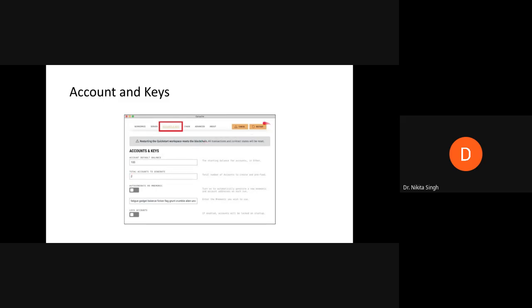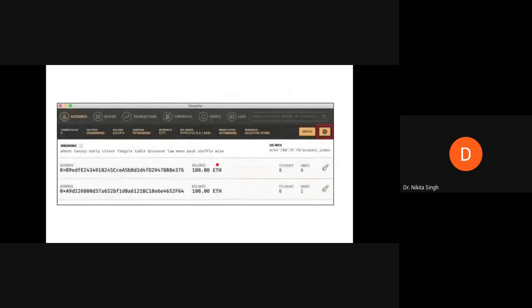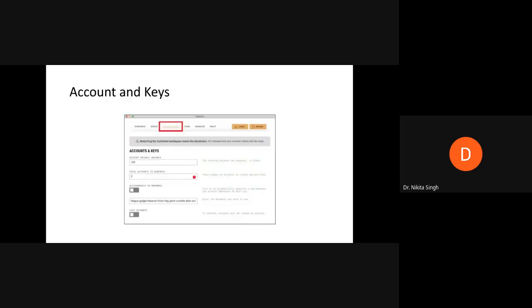Also, you have a restart button here, which means that when you set some balance and create new accounts, you can simply click on restart, and that will get reflected on your main screen. If you want accounts to be 3 or 4, that will get reflected over here, and their balance will also get reflected. So this accounts and keys section allows you to set default balance for each account, and it also allows you to create separate accounts.